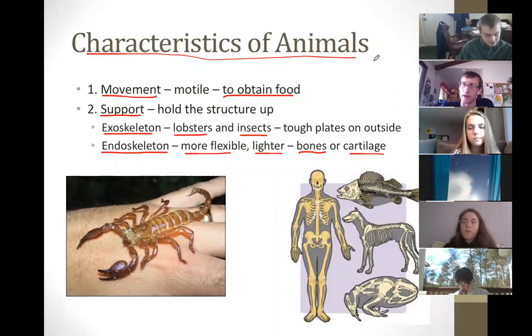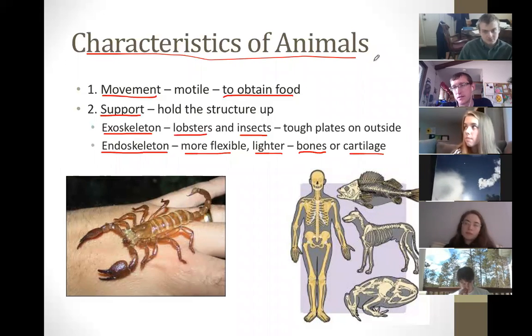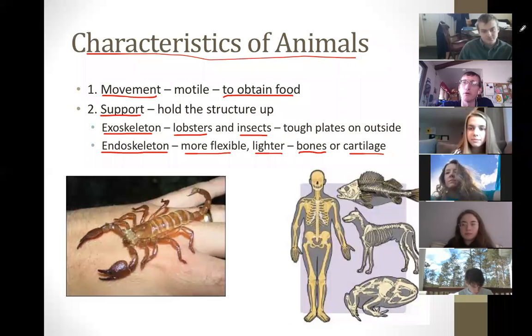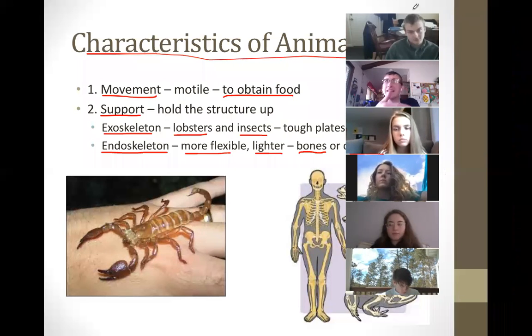Cartilaginous sharks rely almost entirely on cartilage, no bones. It just depends on the animal. Most animals we're going to be talking about with an endoskeleton are going to have cartilage and bones both. Most of the animals you think of, fish, dog, frog, person, all have bones with cartilage. Tendon connects a muscle to a bone. Ligament connects a bone to a bone. That's stuff that kind of knits us together.